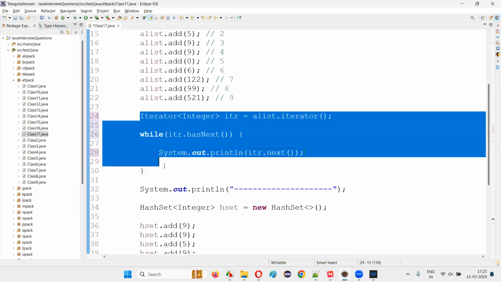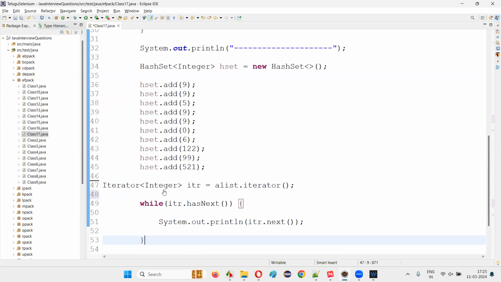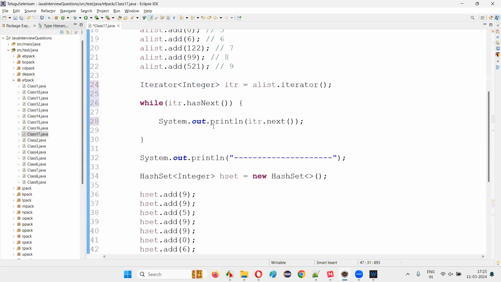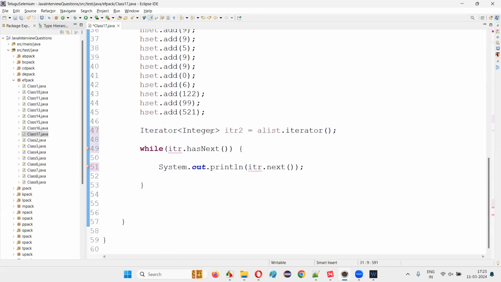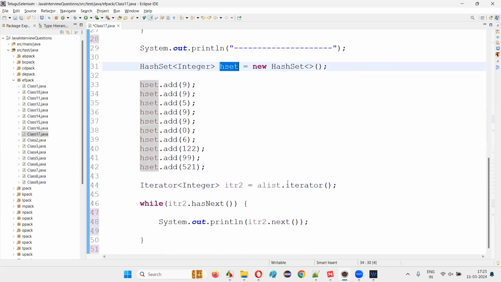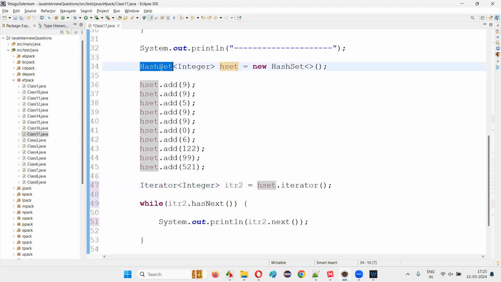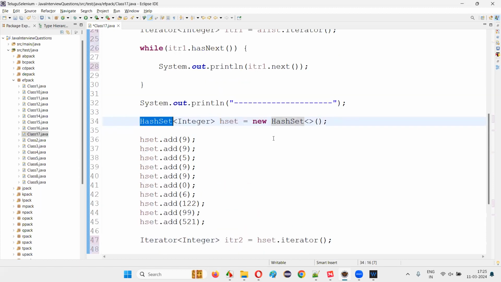The same thing we can use with HashSet also. Here also I'll say itr1, itr1 dot next, itr1 dot hasNext. But here, instead of ArrayList, I'll use HashSet. You can call the same iterator method because HashSet is also a grandchild class of the Collection interface,